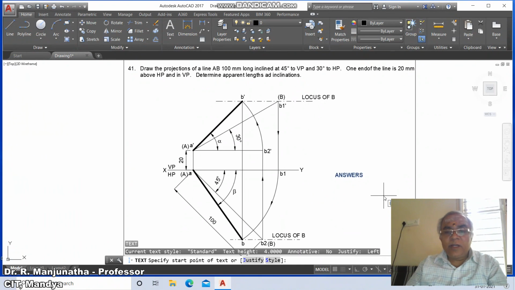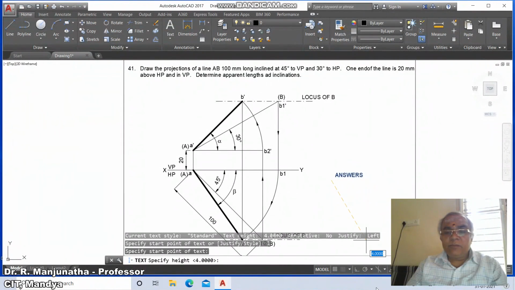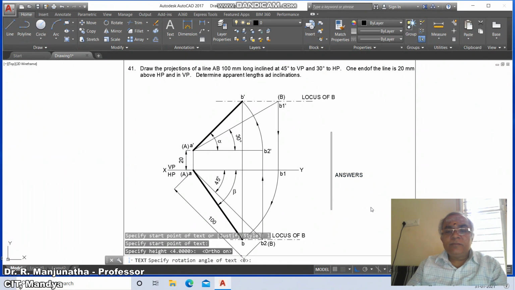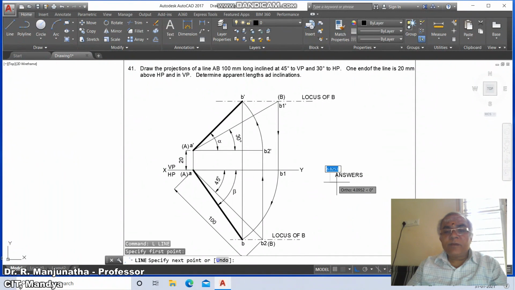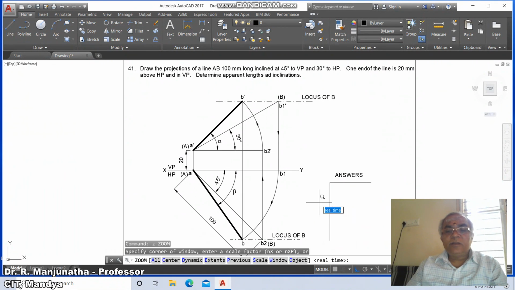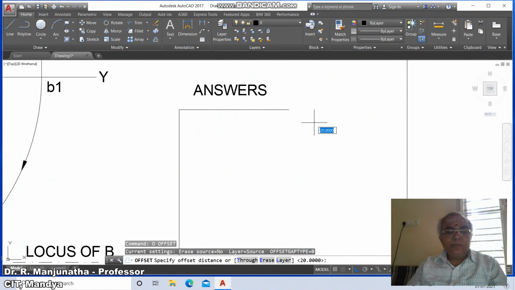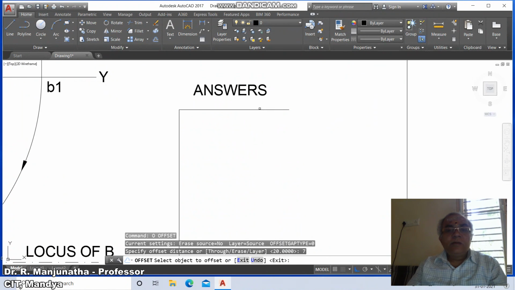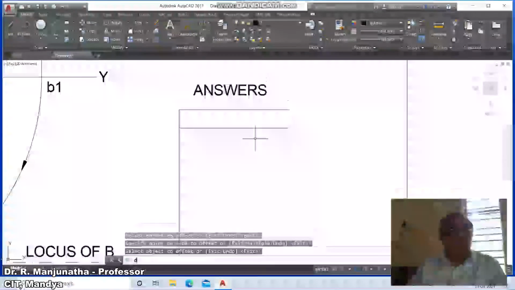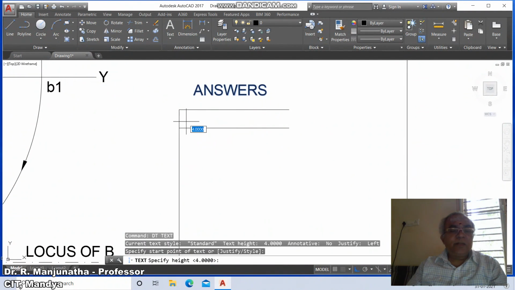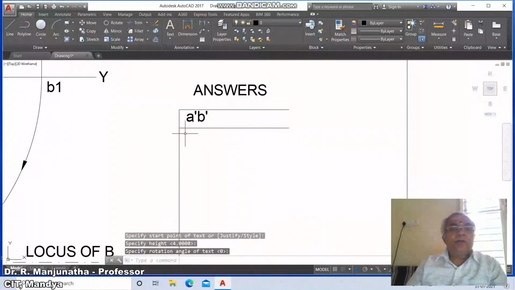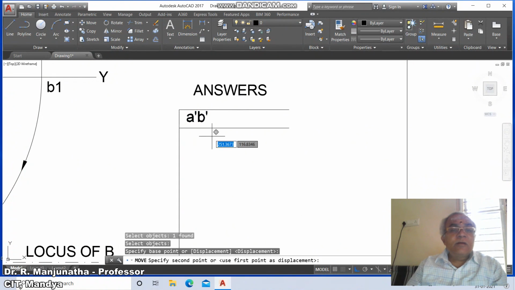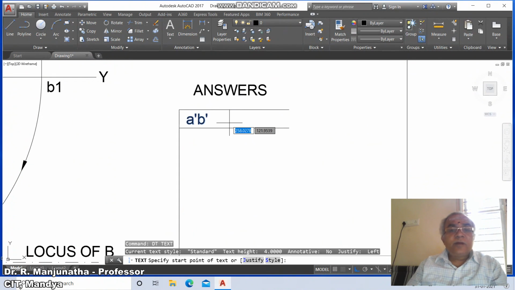So now we are going to draw a line. Draw one horizontal line by putting the ortho on. Similarly, go to line, draw one line here from here to here. Similarly, line from endpoint of this, then draw this, take the distance as 7. So you take this 7 here, then go to dtext. Here you type 4 and you mark this as A dash, B dash. Then you just move it, then go to dtext.